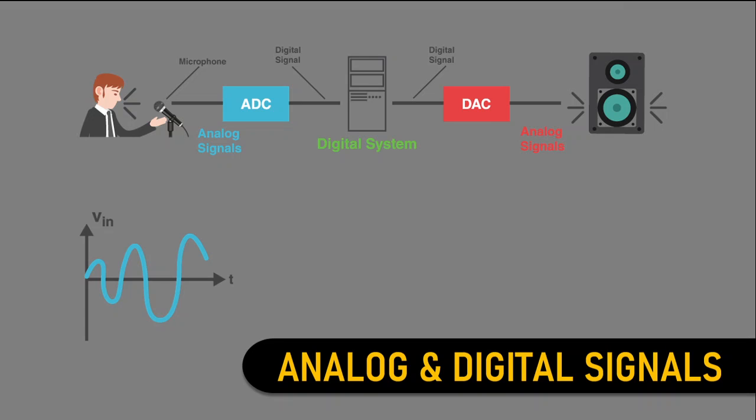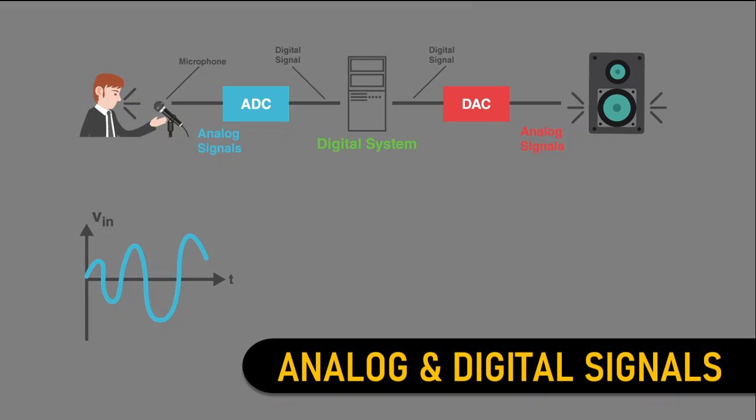You can see this signal is marked on a graph of V in, that is voltage, and time, with time present on the x axis. So V versus T is the graph which is going to show you this type of pattern. This is called an analog signal. This analog signal will be going as an input towards the digital system, but not directly. It passes through the ADC block, that is, analog to digital conversion.